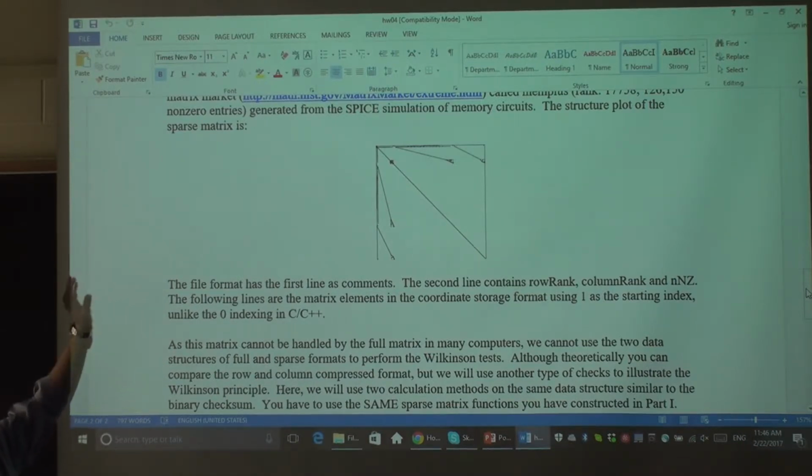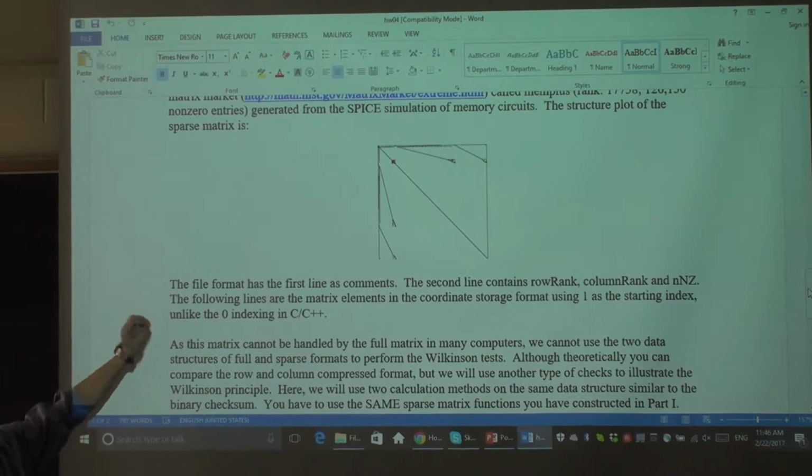But this assignment is meant for you to use the sparse structure you created to do something meaningful, and the part of the method has already been verified in part 1 that it is correct. And part 2 is correct in this very large storage matrix. So I'm going to give you, in the assignment, a real problem to solve using the verified routines. Again, this is 101 in any robust computing, right?